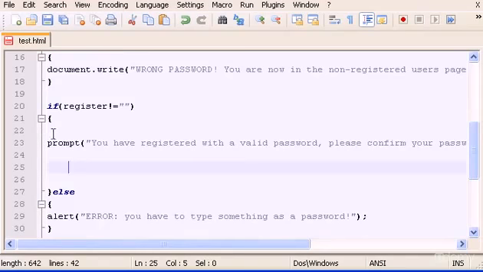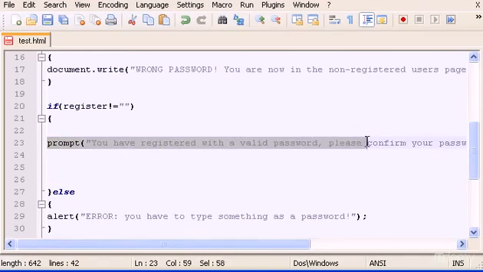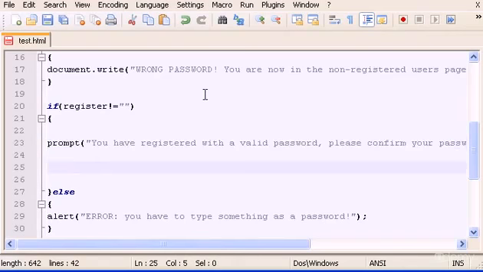So after the second prompt we ask again for the same password, and we need now a comparison saying if